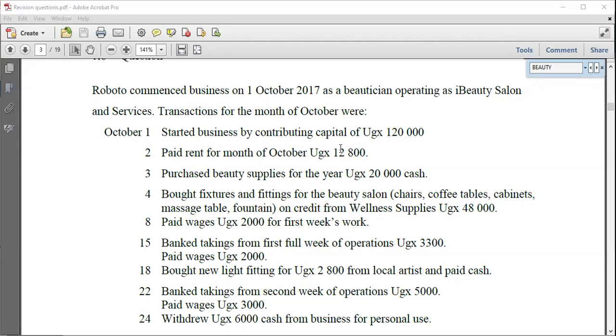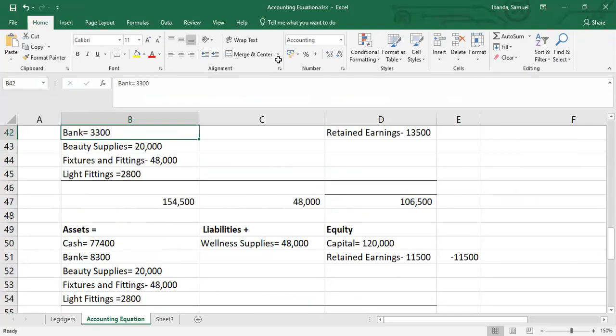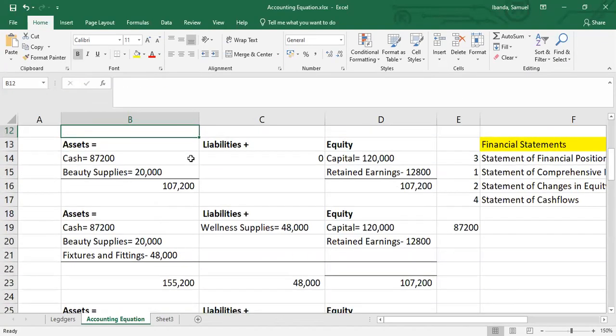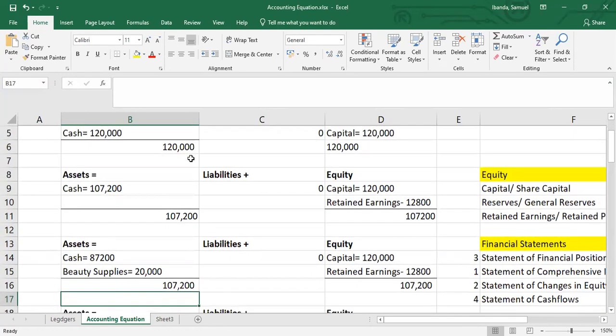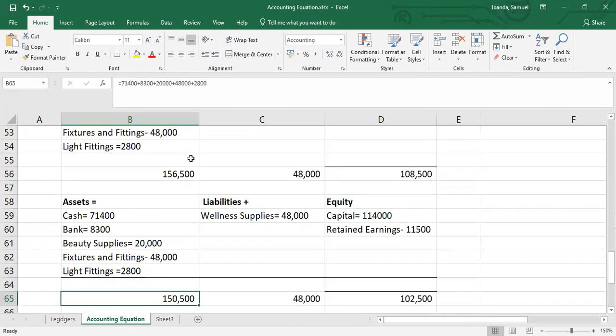So last time we were trying to look at how to prepare ledgers and the accounting equation, showing how each transaction affects the accounting equation. We went through this question that I'm trying to display here, and we were able to show how the accounting equation is affected for each. This is the accounting equation, which is assets equal to liabilities plus equity. We did that for all the transactions. And what we ended with